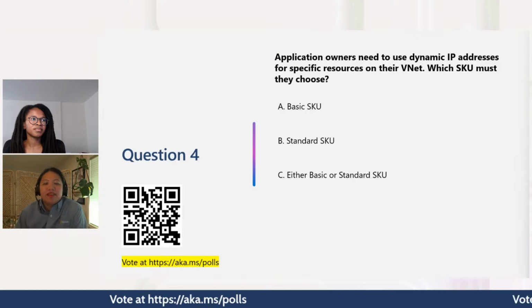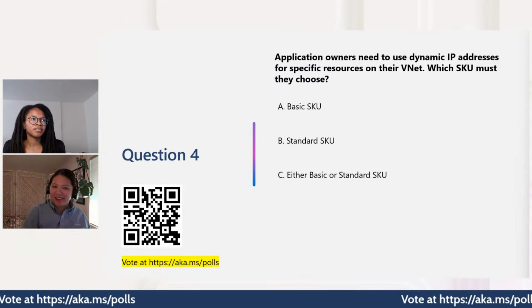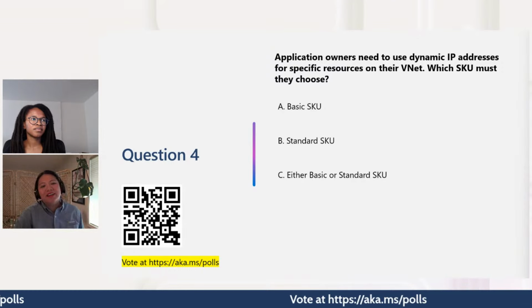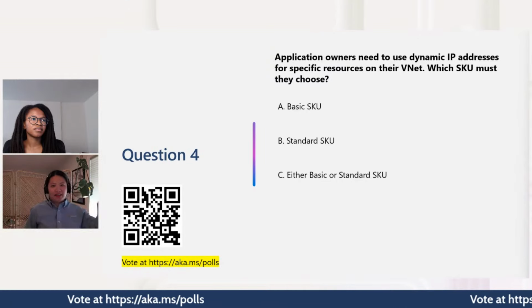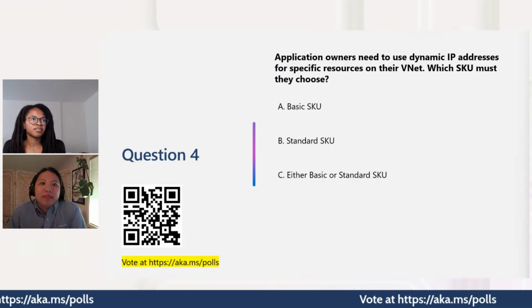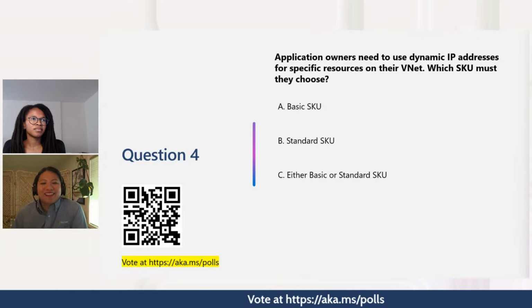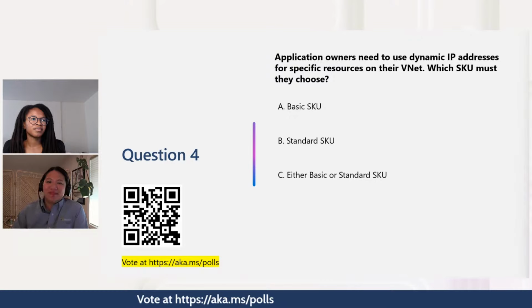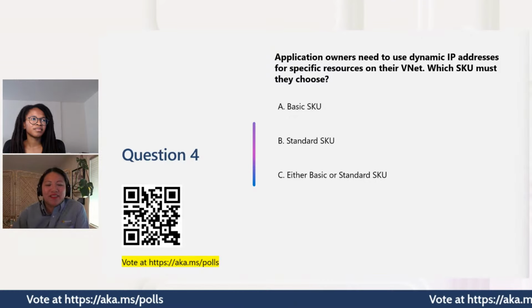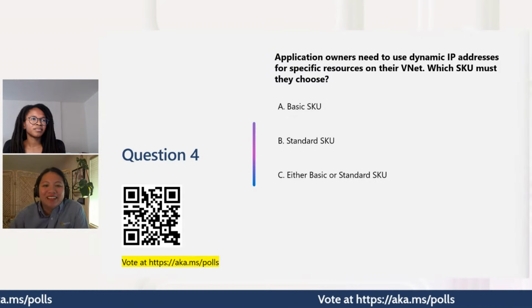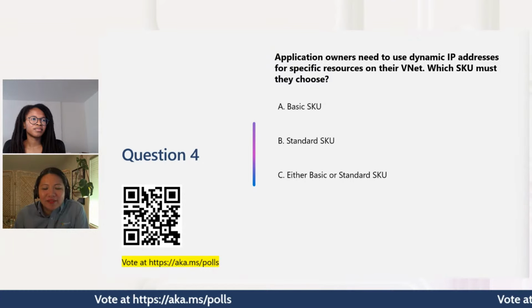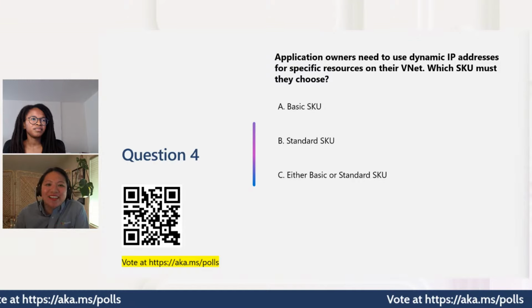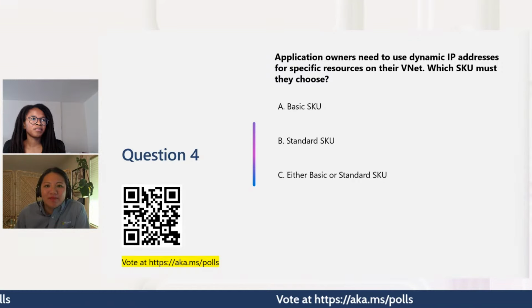So I think if you reflect back on what we've talked about, we did look at that table, that grid that showed us the differences between the SKUs of standard and basic. So yeah, if you have the Learn module up on your computer, there is the same table with those classifications there, so you can feel free to refresh your memory there. But if not, I think it's a good opportunity to exercise your memory and see which one it was. So lots of votes coming in here,